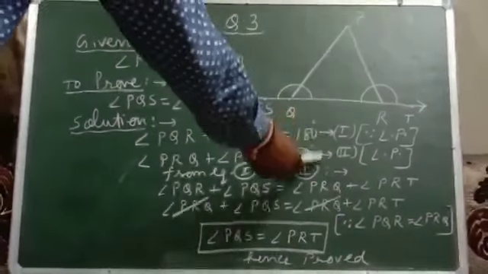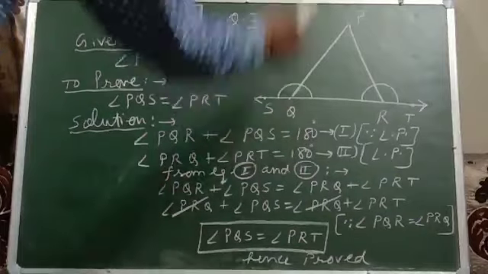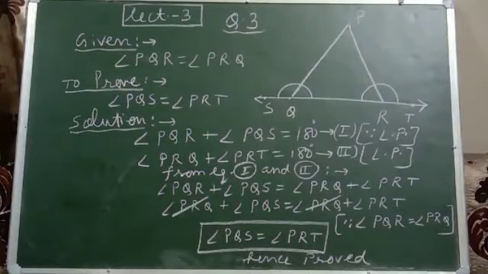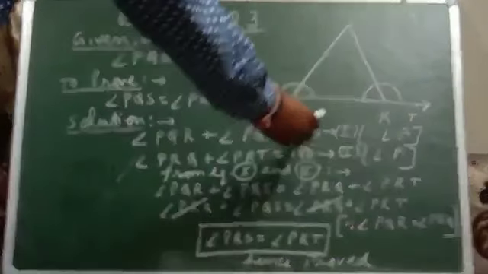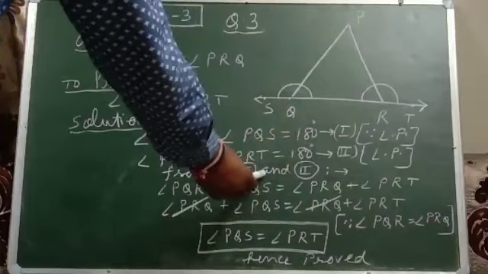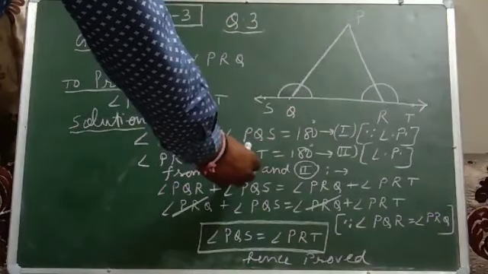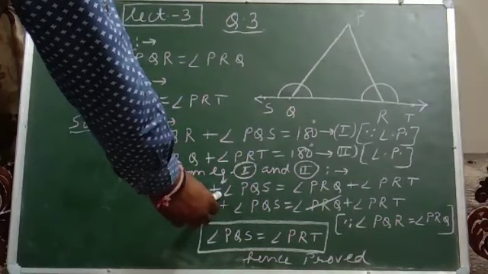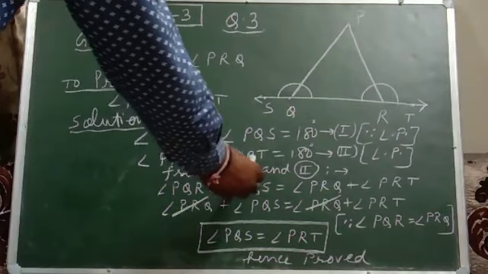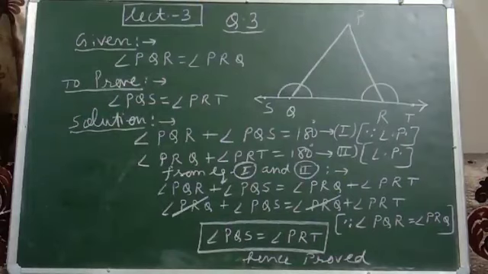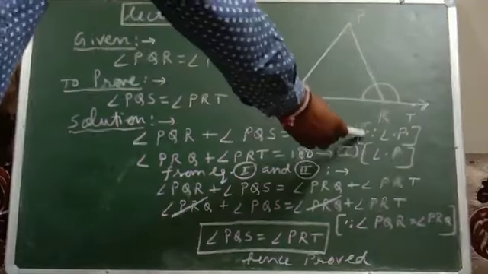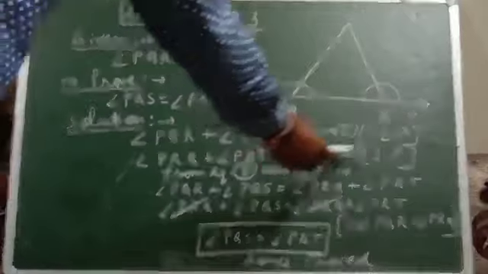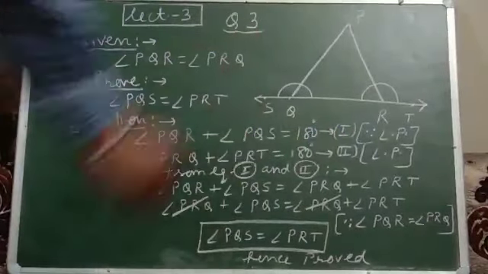So in these two equations, the right hand side is the same. If in two equations one side is the same, then we use the word from. So from equation first and second, the equal sides will cancel out. You will write angle PQR plus angle PQS on the left hand side and angle PRQ plus angle PRT on the right hand side. Sum of PQR, PQS is 180, reason linear pair; PRQ, PRT again 180, linear pair. From first and second, we reach here.